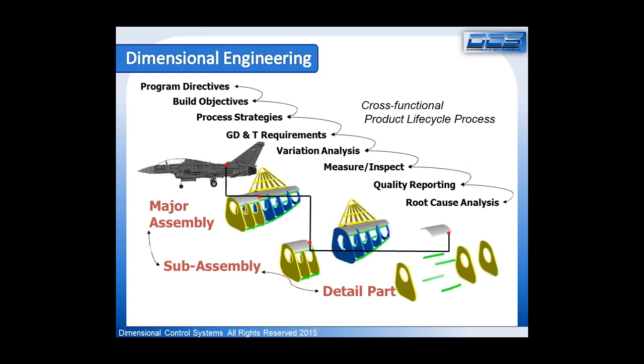So the overall strategy that DCS advocates from the standpoint of driving quality is something called dimensional engineering. And dimensional engineering, while I won't get into great detail on the 8 steps of it today, some of the major elements of it are, first and foremost, that it is cross-functional. And when I say cross-functional, what I'm saying is it works across both the engineering, that is the product engineering,